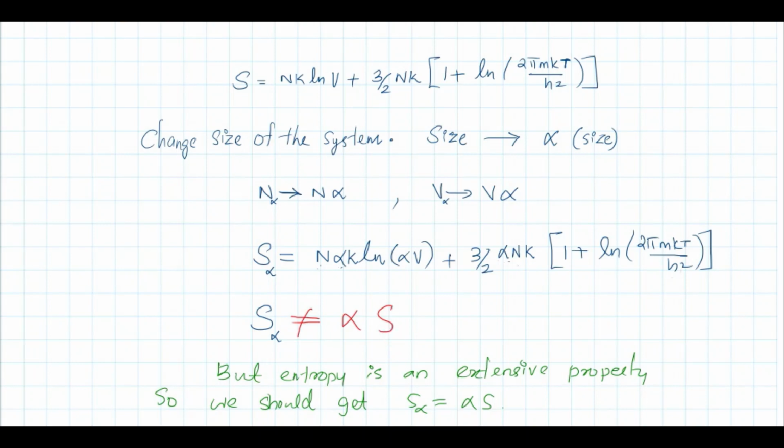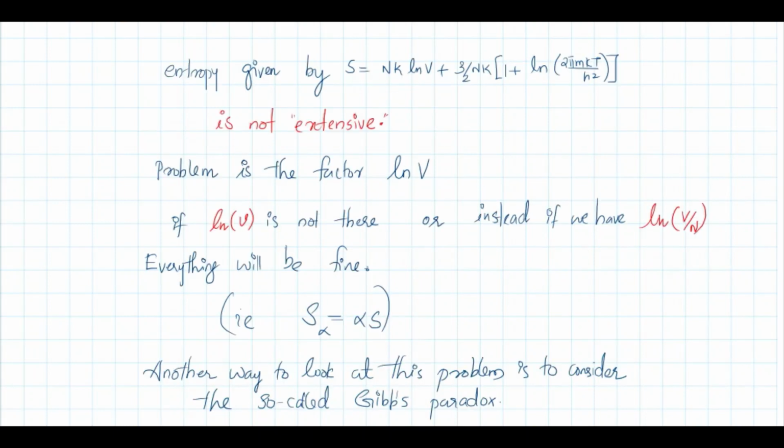But here you cannot take alpha outside from this log term. Since you have a term like log V, you will not get S alpha equal to alpha S. That is, if you take this equation for entropy, you will not get entropy as an extensive property. But entropy should be an extensive quantity. So the problem is with the factor log V. If that log V is not there,